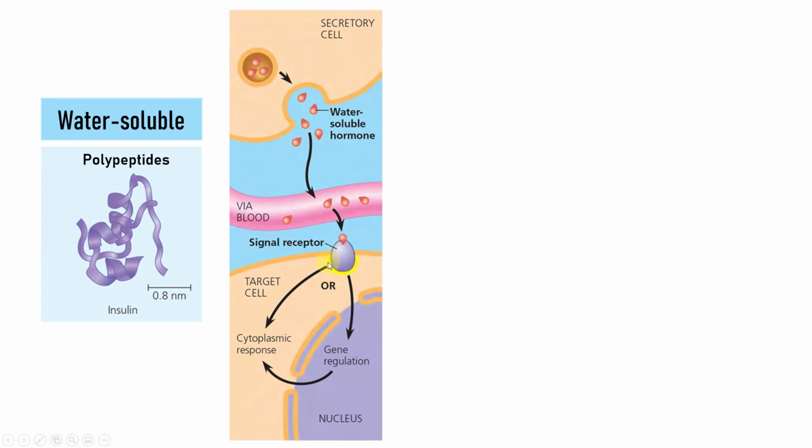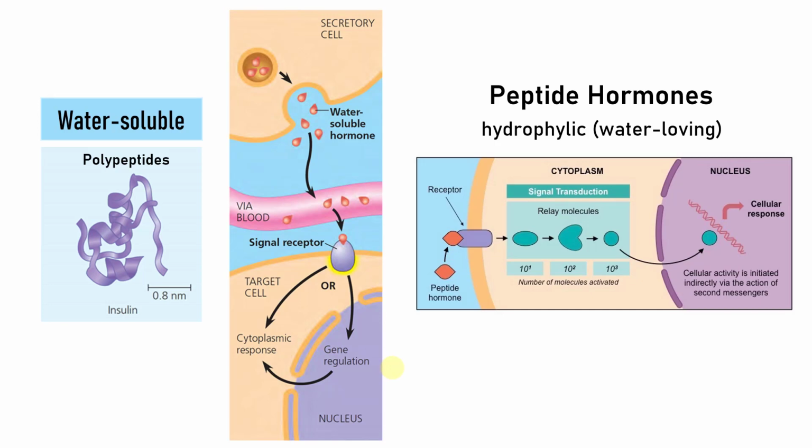there's a cascade that occurs either right inside the cell, on the cell wall, or within the nucleus, and it gets the desired effect, whether it's uptake of glucose, breakdown of fat, increase in protein synthesis, whatever it may be, and it's all dependent upon the particular hormone. This kind of shows the structure here, where this is looking more at the transport through the circulatory system, and you can see the relay molecules for whatever has to happen. So the receptor needs to be there, and this is common to all the peptide-based hormones. And after that hits the receptor, whether it affects other receptors on the cell wall or has some effect in the nucleus itself, it's all dependent upon the hormone.